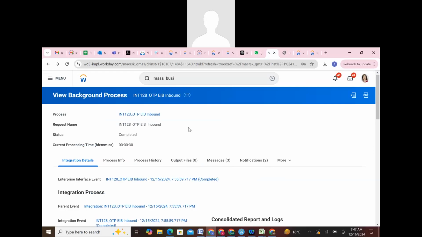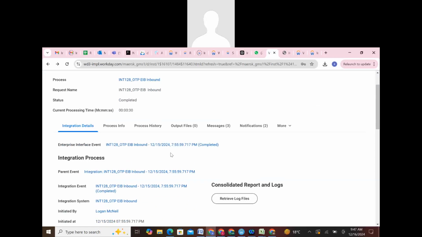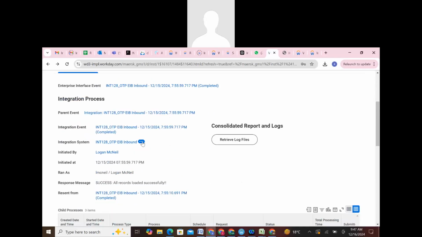Sir, if we don't select validate only mode, then even though errors are there, will the data be loaded into Workday? If you run in validate only mode, it will check whether the data is incorrect or not. But even if it is correct, the data is not loaded into the system, guys. It just checks the data, that's it. If you go and run the integration,